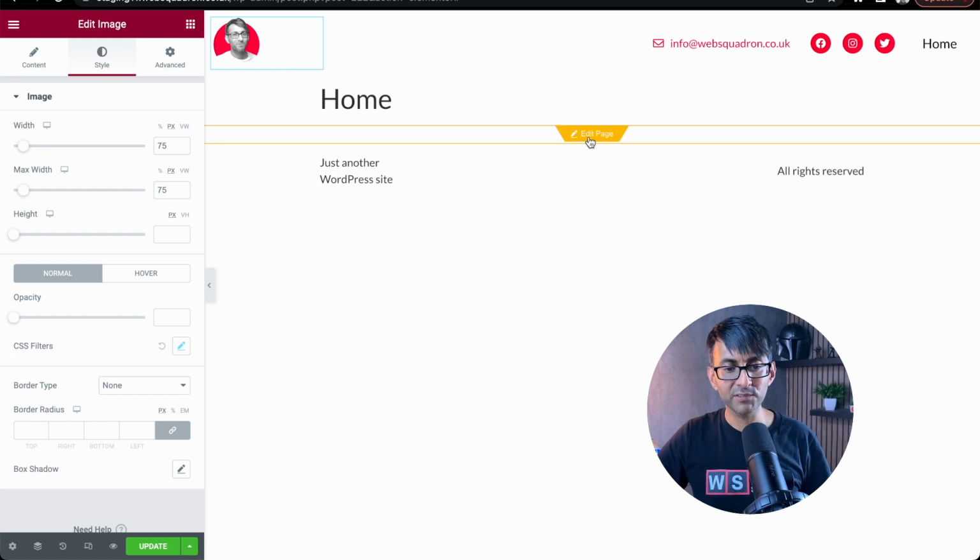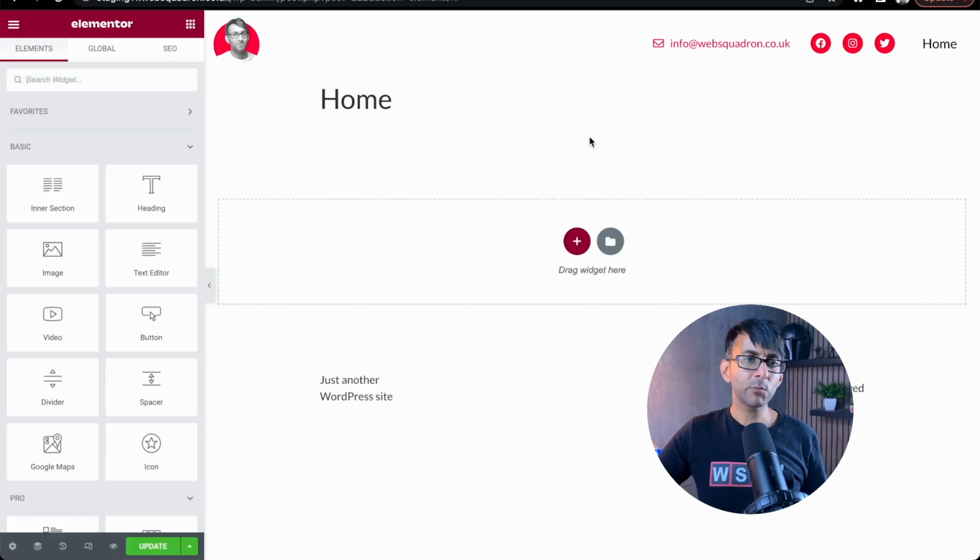And down here, we'll have the words that say edit page. Now we're back into editing the page. So we're literally jumping between the template of the header and the page as and when we want. And that's why I do things in this order. You know, you create your header template, you create your page, and now you can start to work on things